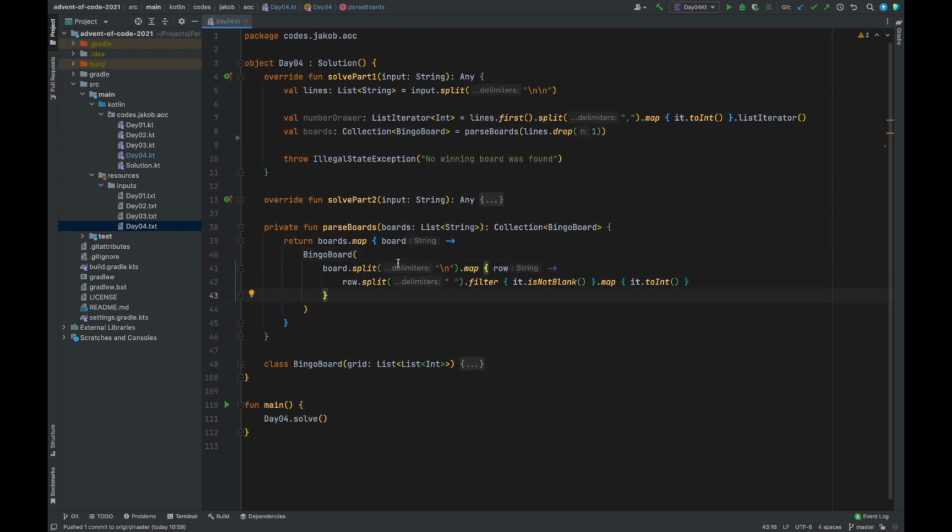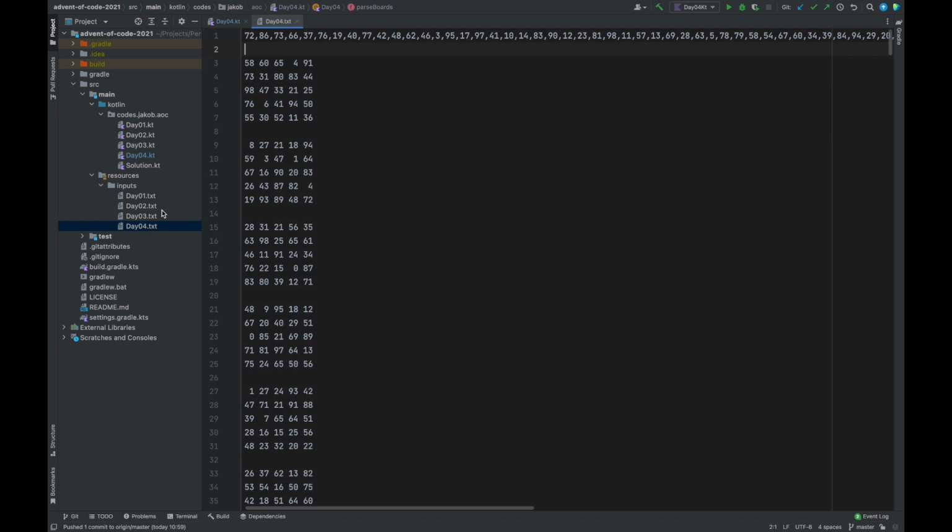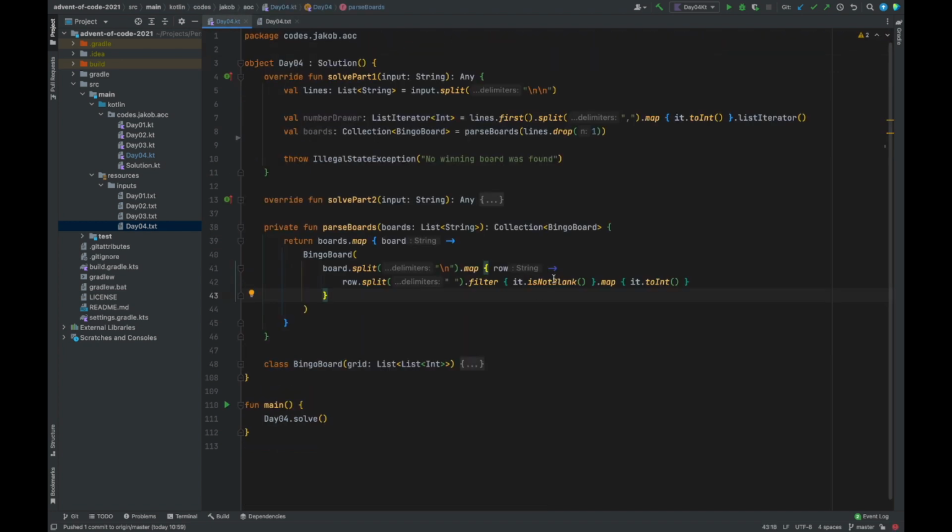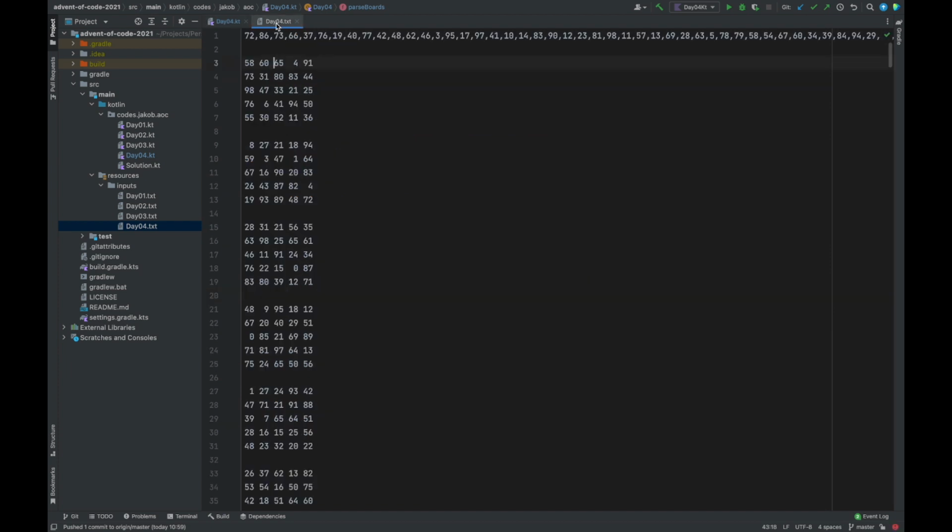So what we do right here is we split by a new line, such that we get each of the rows. And then for each of the rows, I can again split by a space character, which then will give us each of the elements in one row. We have to filter out everything that is blank, since there are some extra spaces in here. This was formatted such that it lines up nicely, so we sometimes have spaces that are not actually a number. So we have to filter these out,